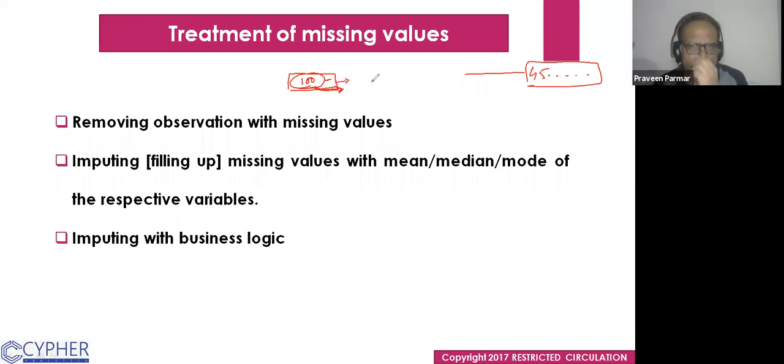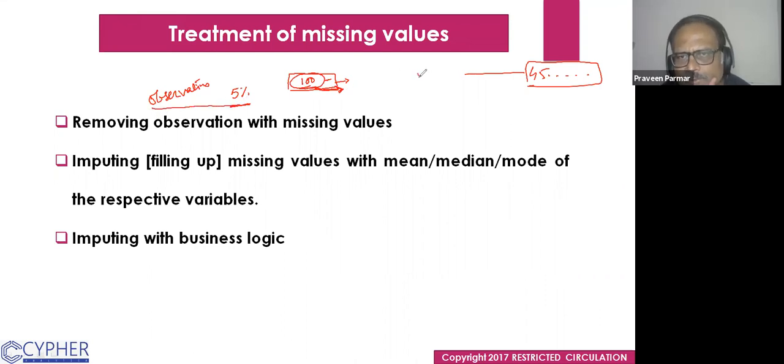Got it? And in practice, we could remove up to 5% of the observations. If the total missing values are in less than 5% of the whole data, and you want to remove them, you could remove those observations.